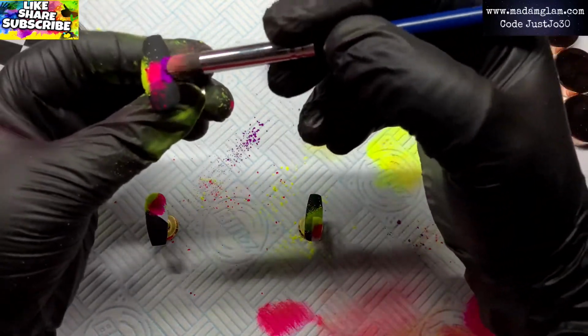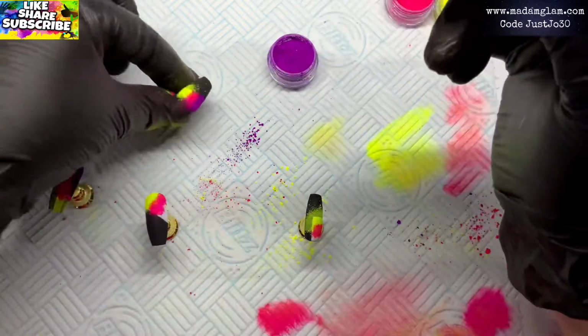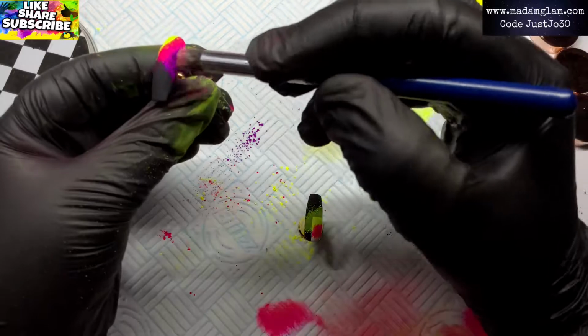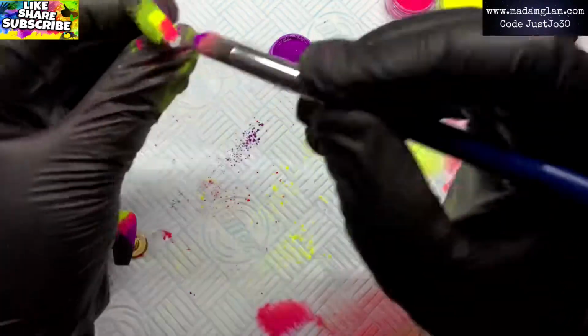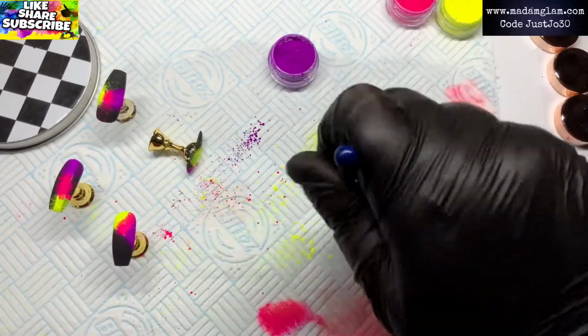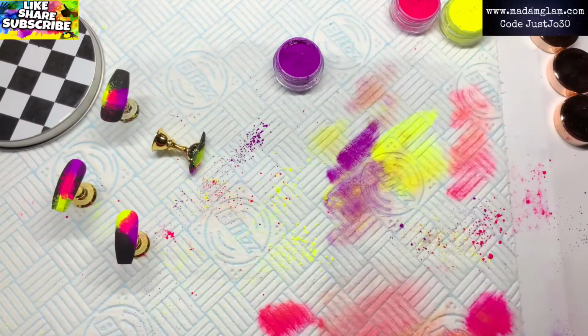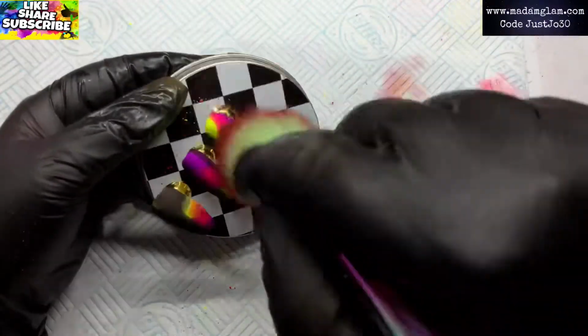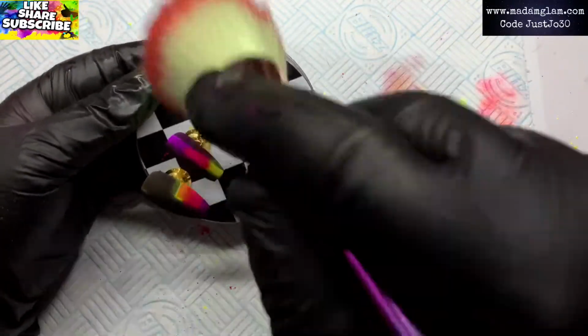So all I'm doing is just dabbing each colour on until it butts up against the next colour. Don't worry if you get it over on the black, it's not an issue. I'm going to clean them up, and that will be coming up next. Give your brush a good clean out because it gets everywhere, I warn you now. So I'm going to give them a quick flick off,